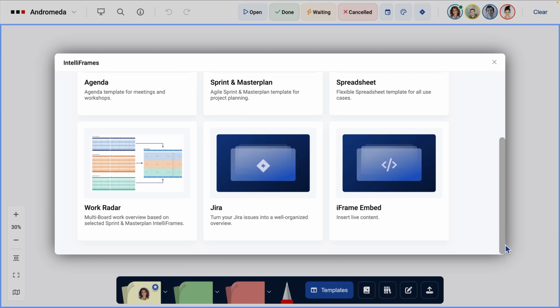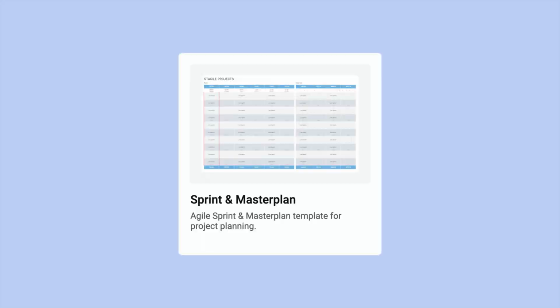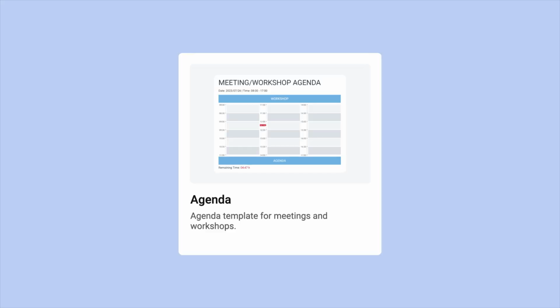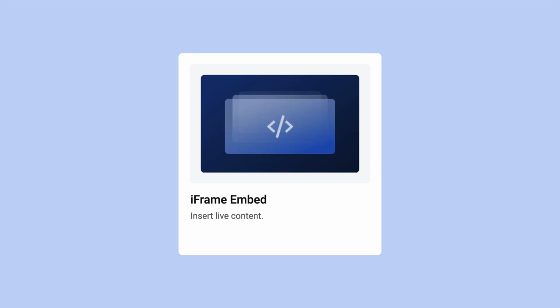There are currently the following IntelliFrames available: Sprint and Masterplan, the IntelliFrame for agile project planning; Spreadsheet, the IntelliFrame for basic tables; Agenda, the IntelliFrame for meeting and workshop agendas; iFrame Embed, the IntelliFrame for embedding websites, as well as Word documents, PowerPoints, and Excel spreadsheets; Power BI, the IntelliFrame for embedding Power BI charts directly into the board;